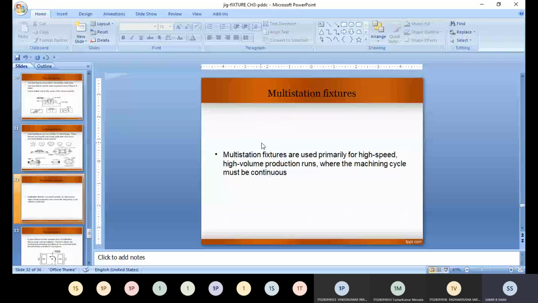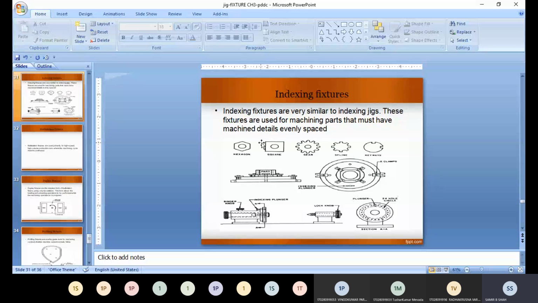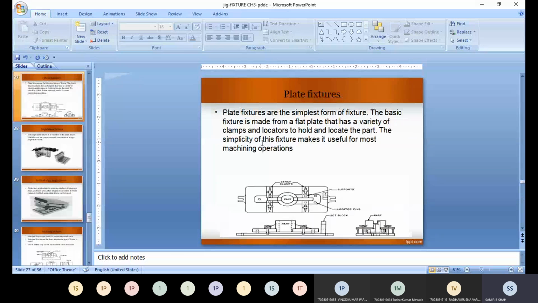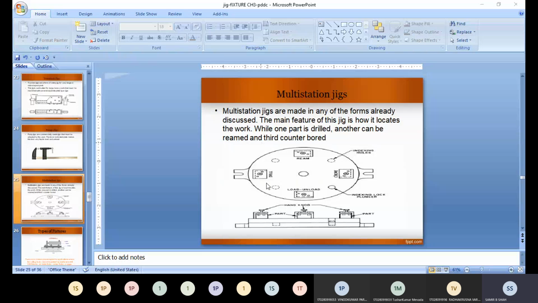Multi-station fixtures are used primarily for high speed, high volume production runs where the machine cycle must be continuous. Okay, where the machine cycle must be continuous, then we prefer the multi-station fixture. Actually we are going beyond today's session, but still I continue: these are the basic types of machine fixture. Yet this is the multi-station, where